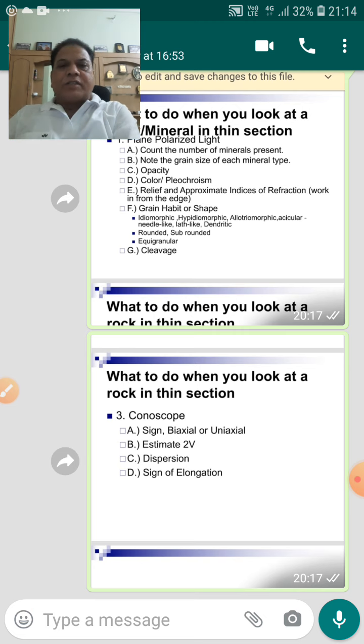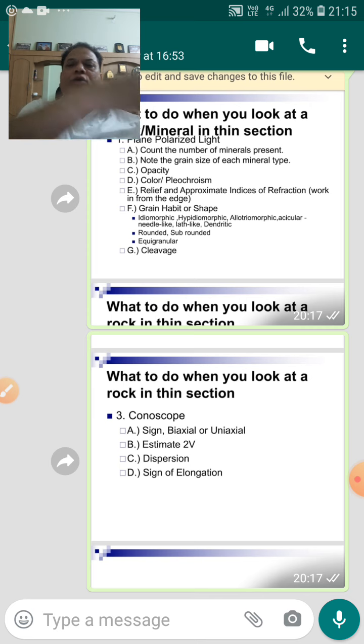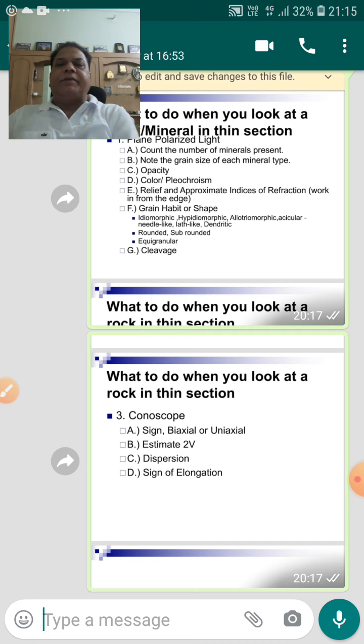Suppose plagioclase feldspar, then further which type. There are 6 members in the plagioclase group: albite, oligoclase, andesine, labradorite, bytownite, anorthite. A mineral within a group is further identified on the basis of its extinction angle, whichever group it may be. By and large, they have the same optical properties, but a member of a particular group, say feldspar group, pyroxene group or amphibole group, is further identified on the basis of the extinction angle. So broadly, if it is colorless, it may be a mineral of quartz or feldspar.